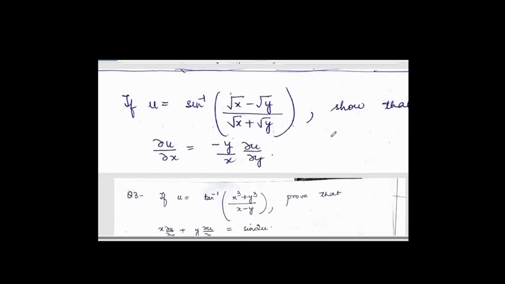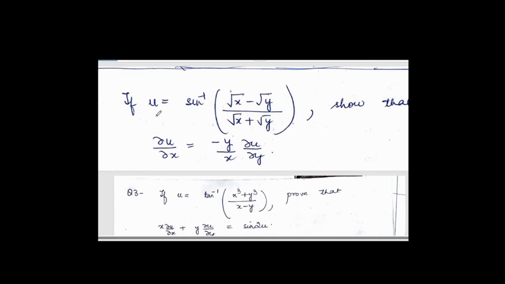Now look at this try question. It's again sine u. You are going to apply the result to sine u. Z equal to sine u is a homogeneous function of degree 0. So when you apply Euler's theorem to Z, you get this expression very easily. Now look at this one.